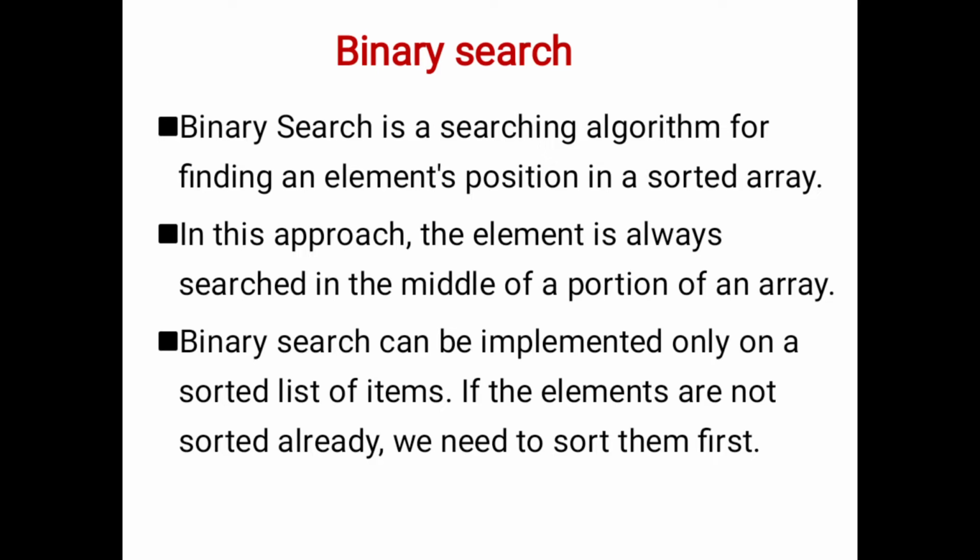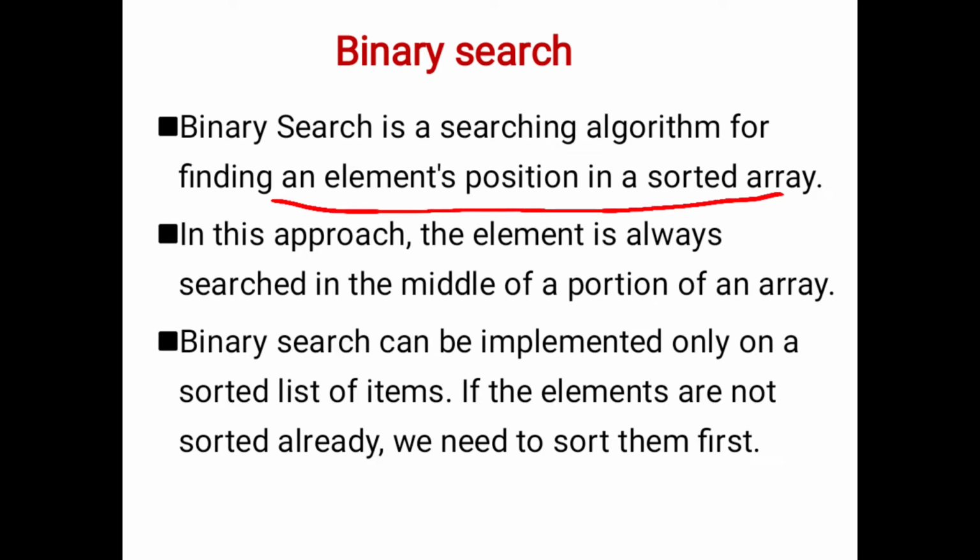In linear search the process goes from the top position down to the bottom position. We must follow all elements, traversing through all of them. But binary search is done only on half of the portion, that means the middle portion of an array. It is a searching algorithm for finding an element's position in a sorted array. This is a very important thing.